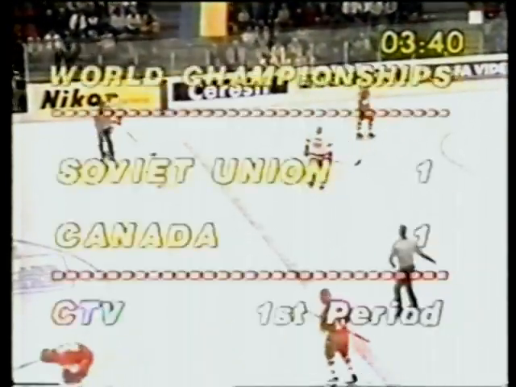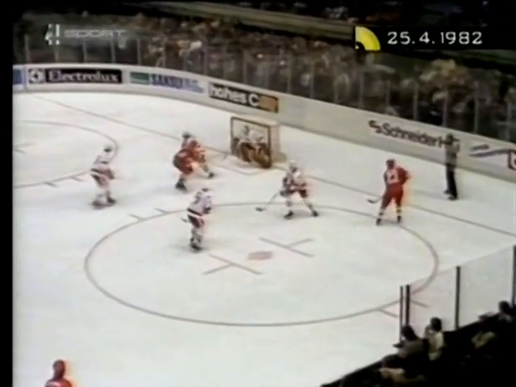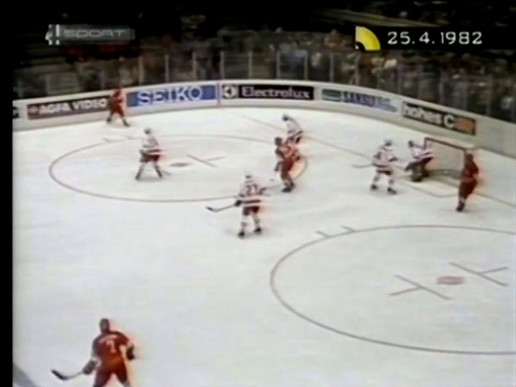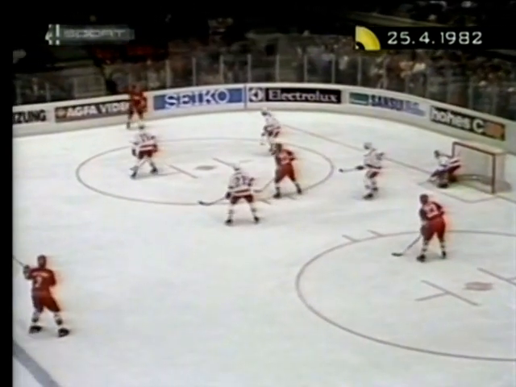Larionov, number 11, trying to get it to the corner to Kapustin. There's a penalty coming. A delayed penalty to Canada as 5 touches it, and the tripping infraction to Giles, number 2. 3. And they're right back at it again today. This time in Helsinki, it's a 1-1 tie. The Soviets on the power play. Shalamov, number 23, sends it across there for Kapustin. Kapustin trying to get it.